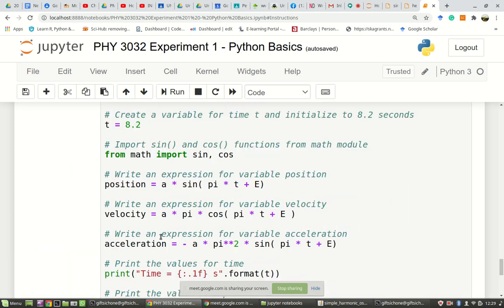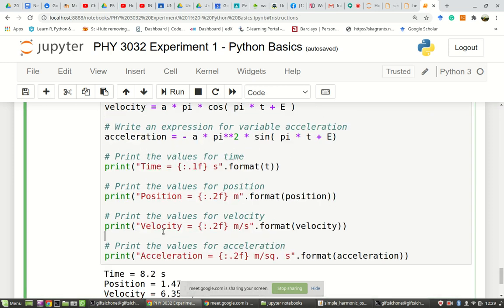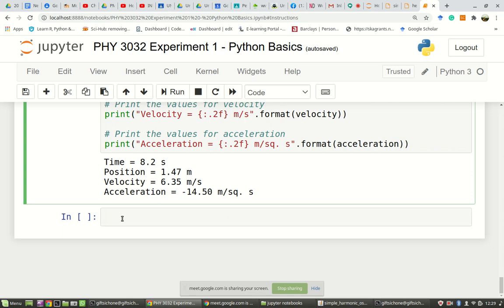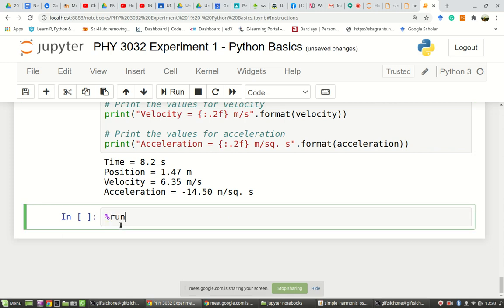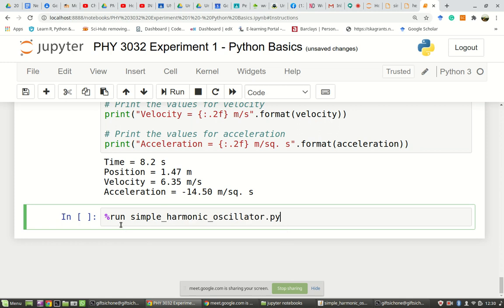So how do you run that? You say %run simple harmonic, but you have to remove the PY. So %run simple harmonic stuff. So when you do that and you run it there,